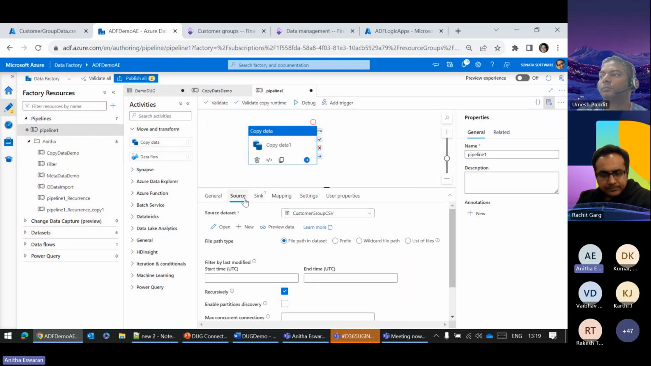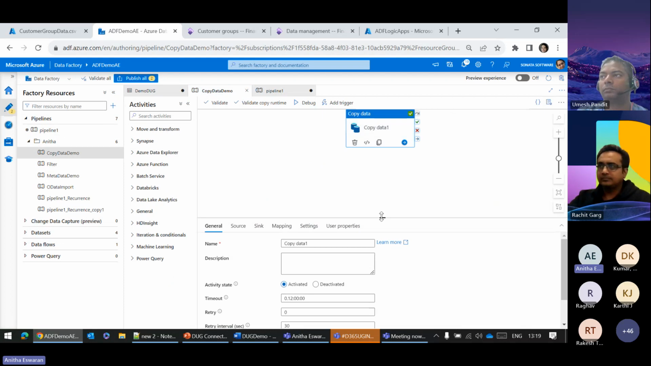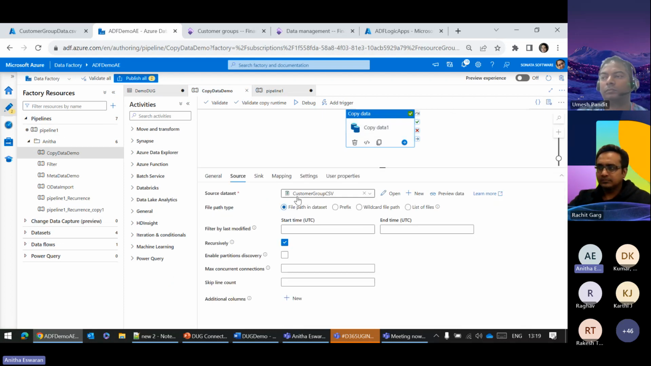So if you want to copy from CSV to your SQL DB, or even via REST API, if you want to send the data to F&O, that is also possible. This is one of the activities in ADF. So in my case, what I have done is I have used the same customer group CSV file, and I